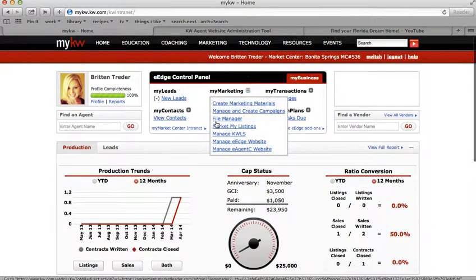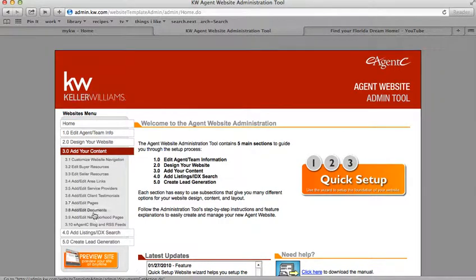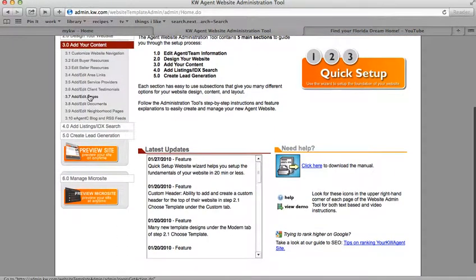And then we're going to go back over to My KW. You're going to go to Manage eAgency website. And once we're in that, today I'm going to add this to a new page, so I'm just going to